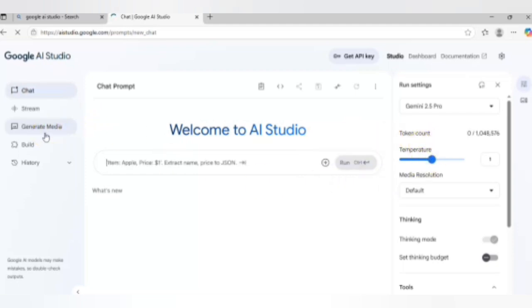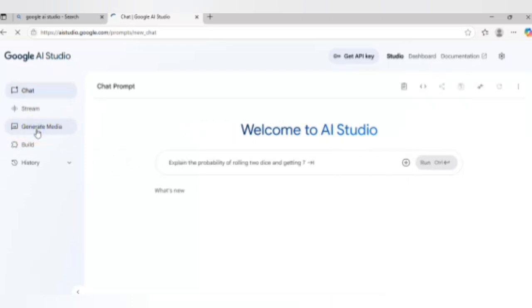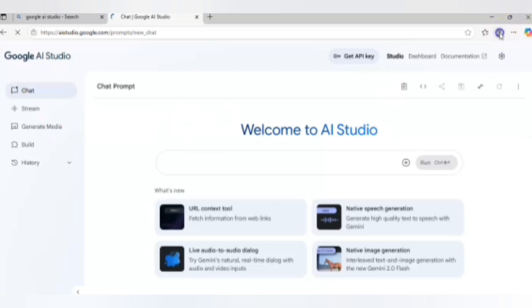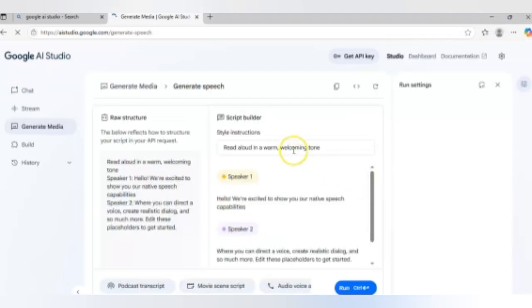Just click on generate media, and you will see there are some options that will appear before you, and first of all, you need to log in. Click on realistic voiceover, and now you can see there is a complete setting, but before the setting you need to have a script. First, for the script you can use